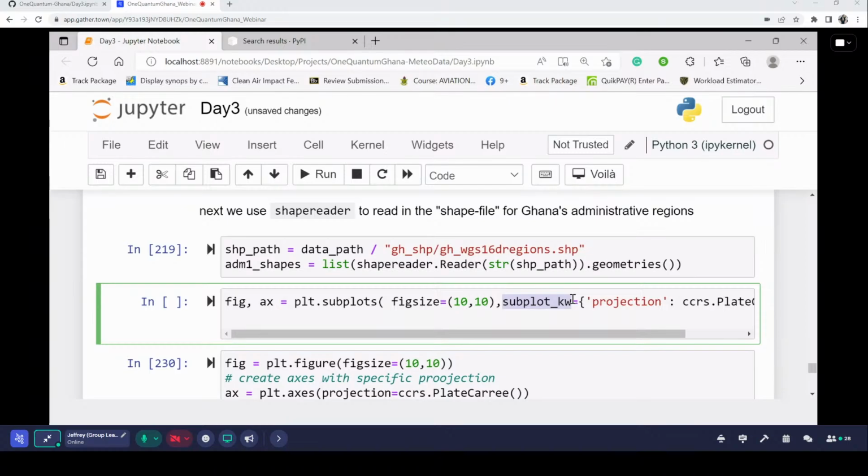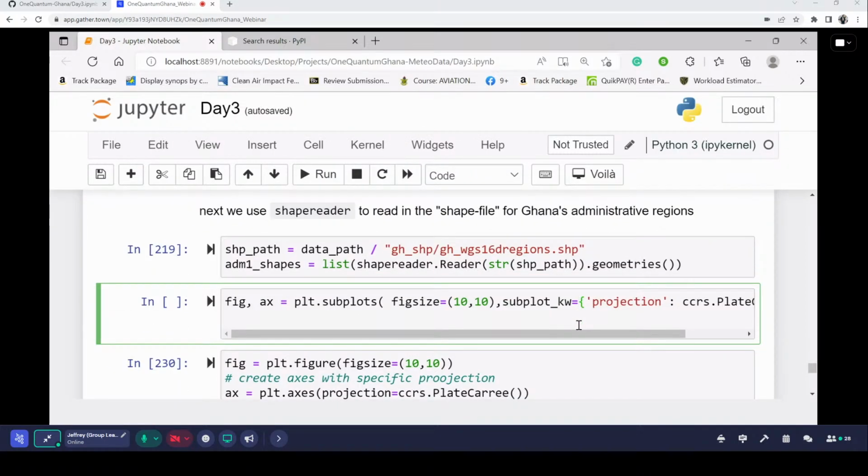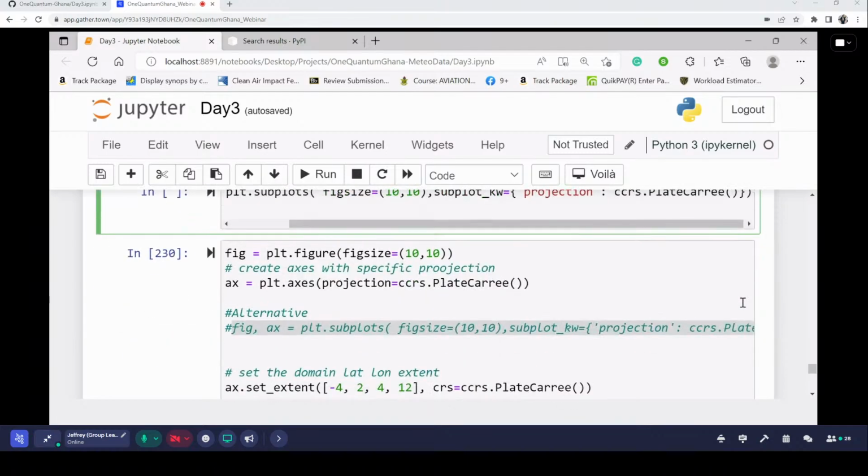So some auxiliary arguments. So we indicate subplot_kw, and then we'll create a dictionary of the arguments that should be added. And one of the arguments we are adding within the dictionary is the, sorry, the projection. And then we'll specify what projection to use. That's ccrs.PlateCarree. All right. So once we do that,